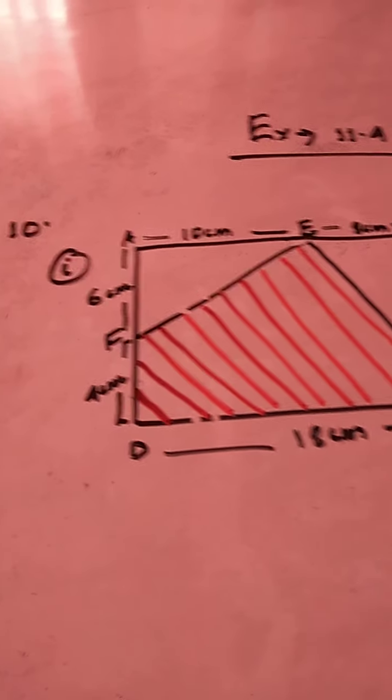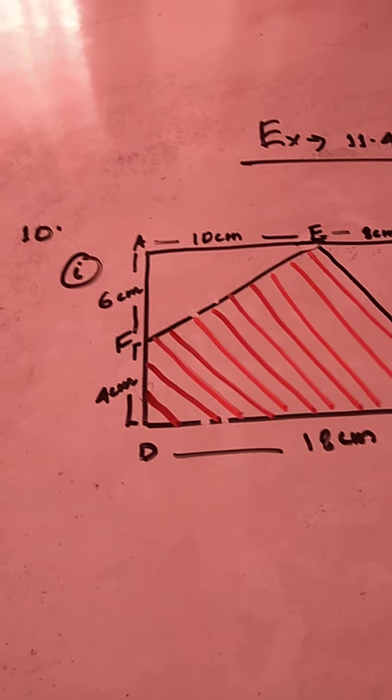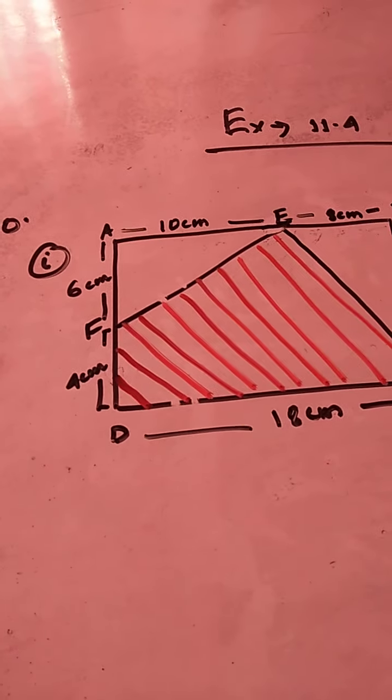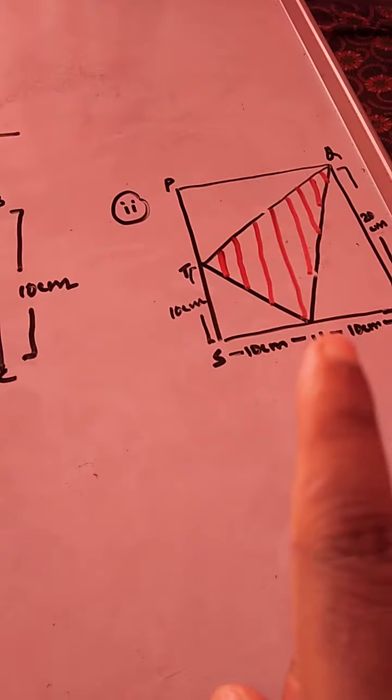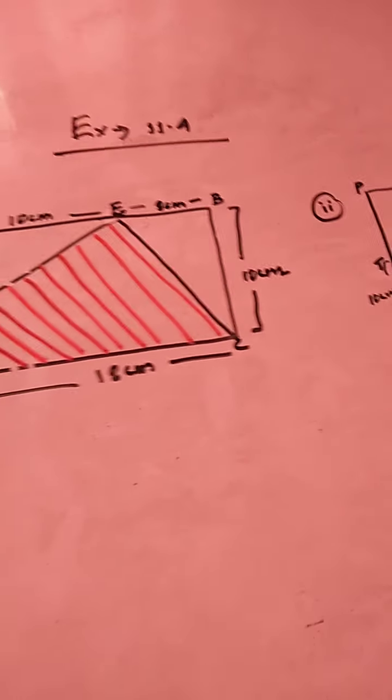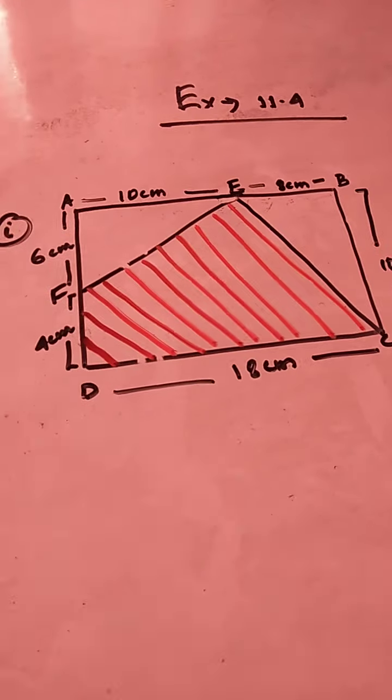In this session, I will explain question number 10, and in question number 10, we have two sums, sum number 1 and sum number 2. Okay, so this is very interesting and very important.